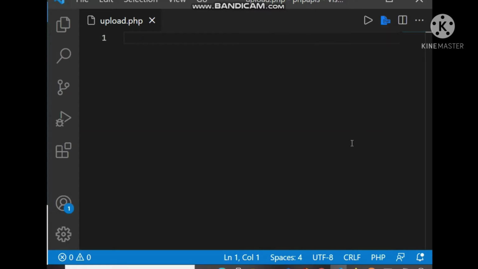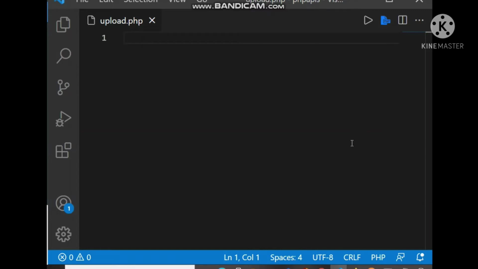I will upload it to the server, and through that particular URL, I will upload an image from the Ionic app to a server folder. In the Ionic app, I will use the file transfer plugin and the camera plugin to capture or pick the file from the gallery. I will use Ionic Capacitor, and you can also use Cordova, but Capacitor is later, so I will choose Capacitor. So let's start with the PHP API, PHP code first.